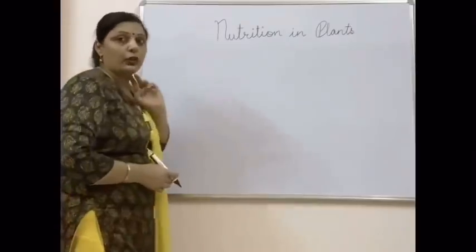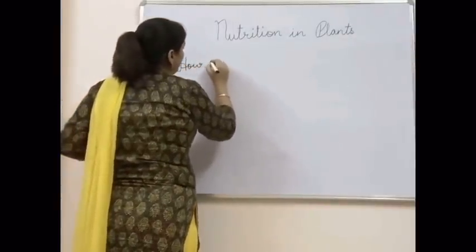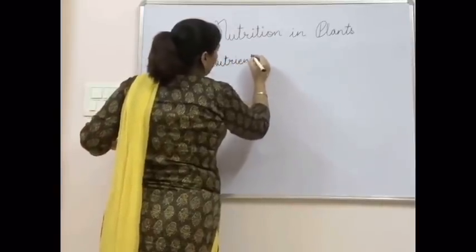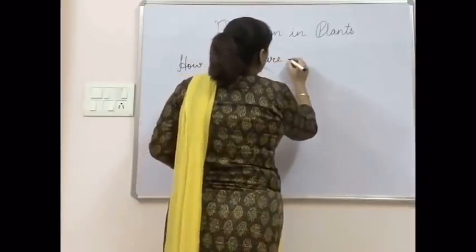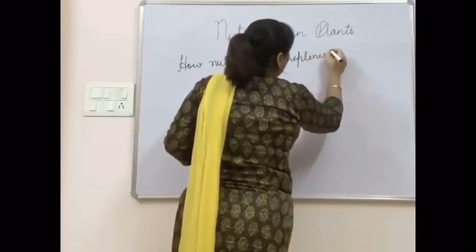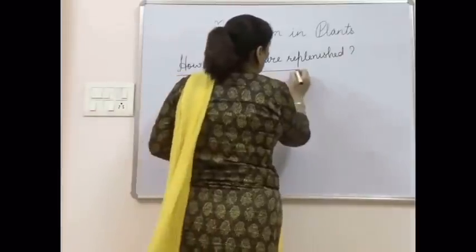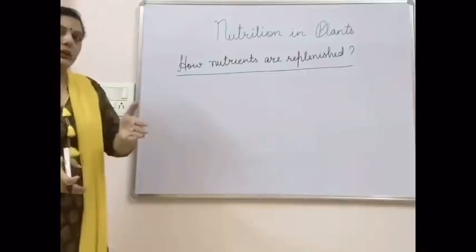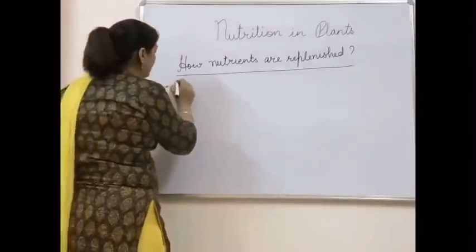Now the last topic of the chapter is how nutrients are replenished. Now we are again and again reading about nutrition in plants, and nutrients are being taken up by the plants from the soil. So when they are continuously taking, obviously they will be finished somehow. So how are these being replenished? Replenished means how again they are being maintained in the same quantity as they were before. So one way of doing that is using